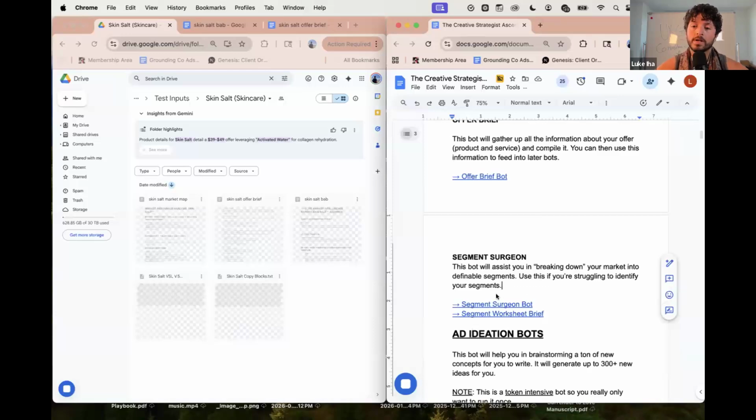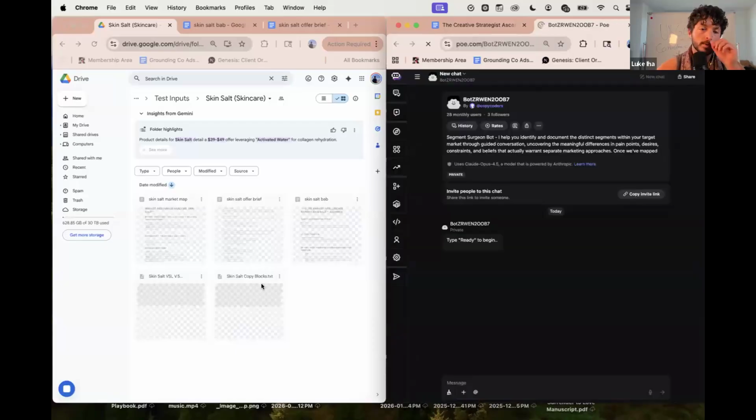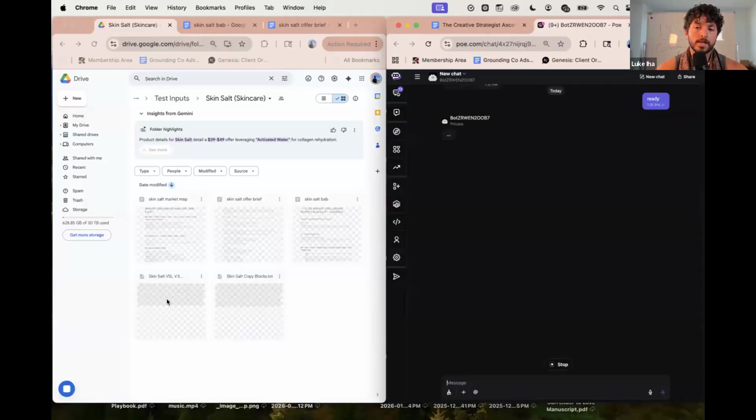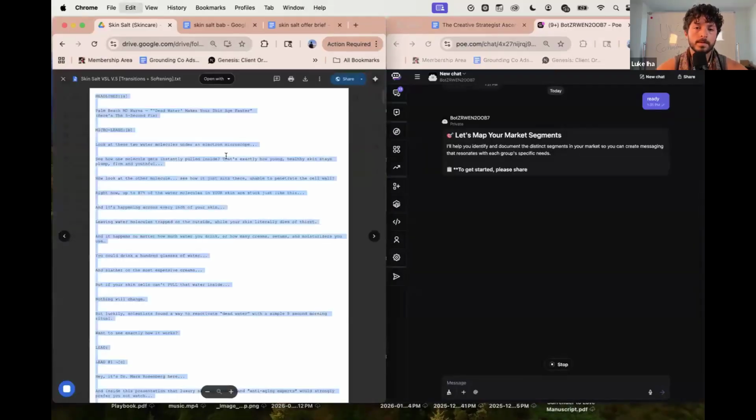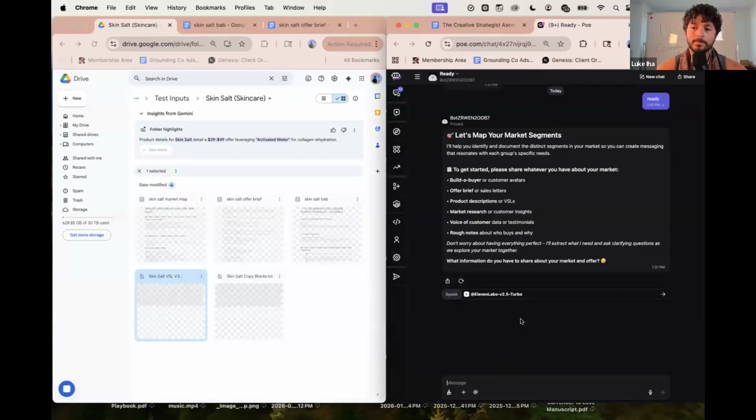So let's say, for instance, one of the things we might do is go through and do this segment surgeon. I know somebody was complaining about this bot, which is good because Max is on here, so I can tell him to fix it in real time. Because that's what he loves. That's what he needs. More work. I don't even know why he showed up to this call. He's just a glutton for punishment.